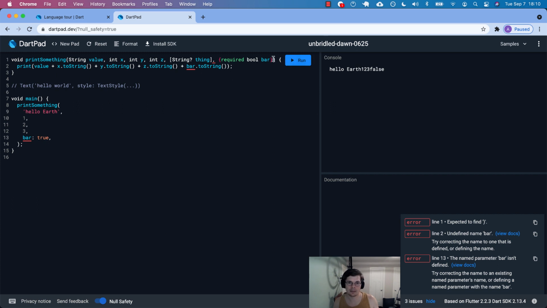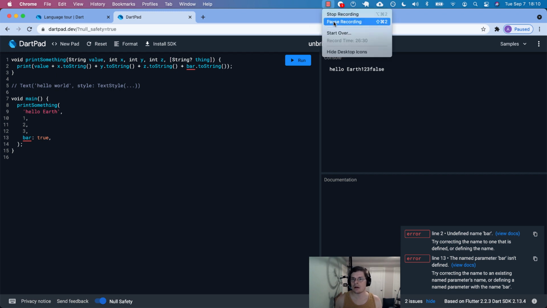Yeah, and the problem is you can't have both. You can have one or the other, but not both. So if you want to have named parameters, use named parameters. Otherwise, if you're going to use an optional parameter, you cannot use a named parameter. Even if, I think, okay, even if